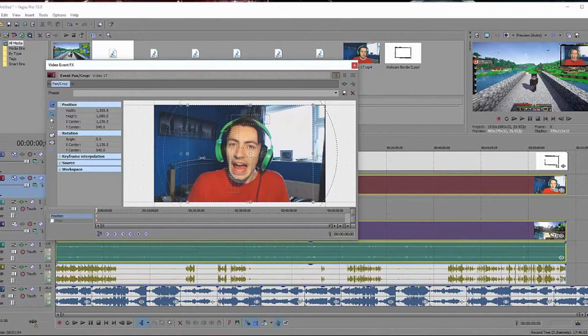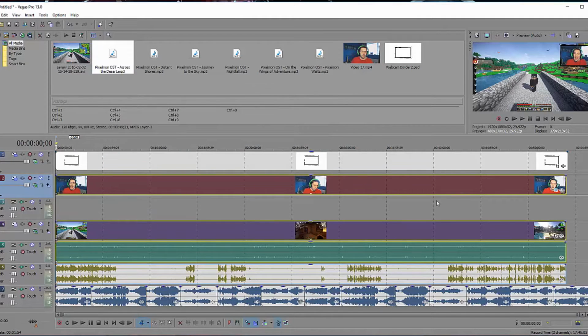As you can see, obviously that's far too much, but you have to balance it out on each side so it looks perfect for you. I'm actually going to pull that back out a little bit more. So there we go. That is my webcam now all sorted. It's in the video where I want it to be, and everything is synced up. So if I click play here,